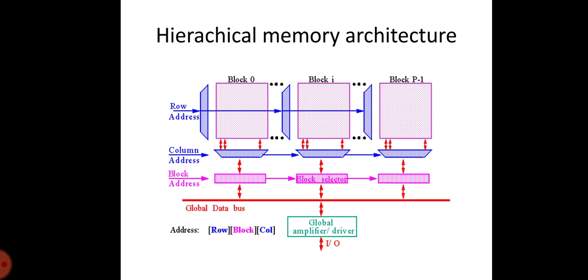And this is how a hierarchical memory architecture can be configured. Here the memory is partitioned into p smaller blocks. The composition of each individual block is identical, and a word is selected on the basis of the row and column address that are broadcast to all the blocks. An extra address word called the block address selects one of the p blocks to be read or written. This approach has a dual advantage. One is that the length of the local word and bit lines, that is the length of the lines within the blocks, is kept within bounds, resulting in faster access times.